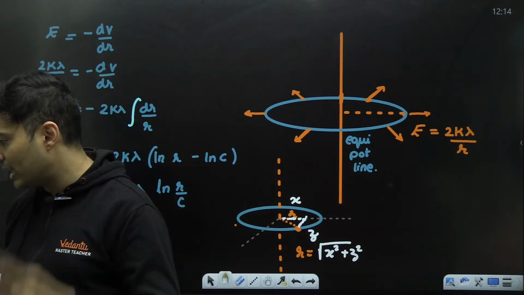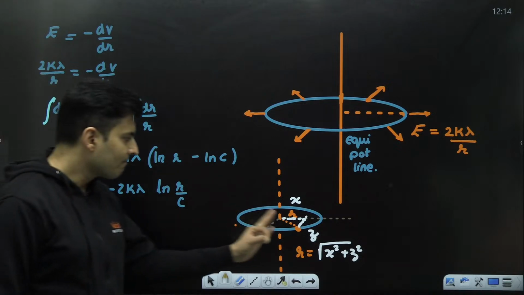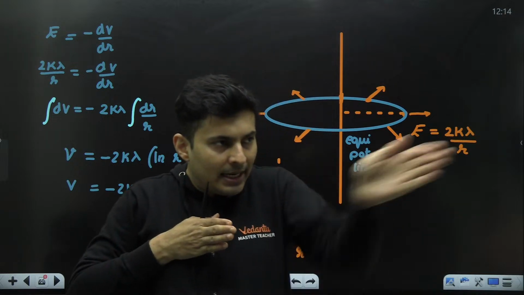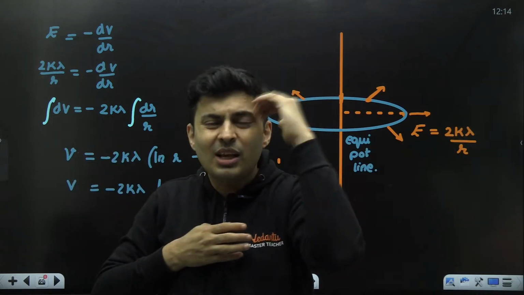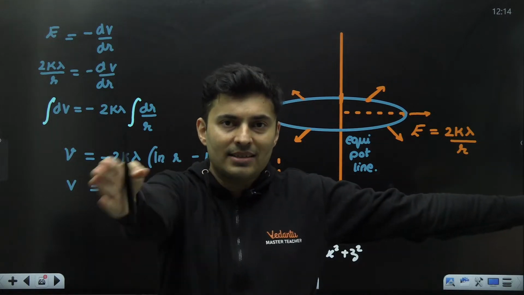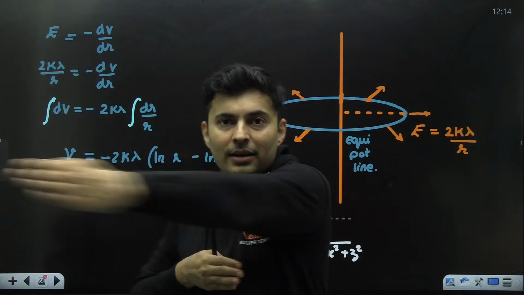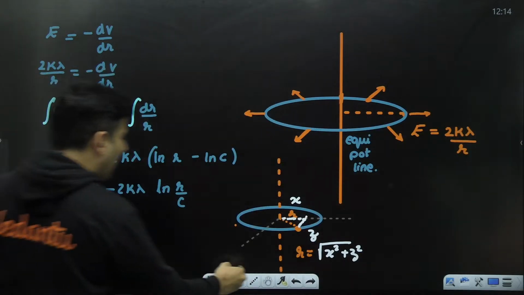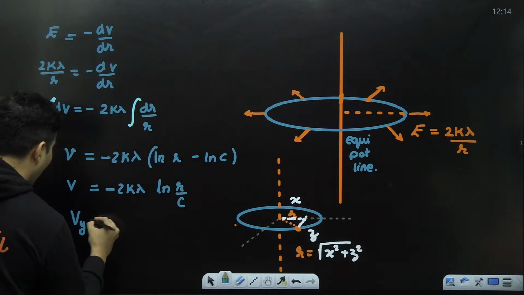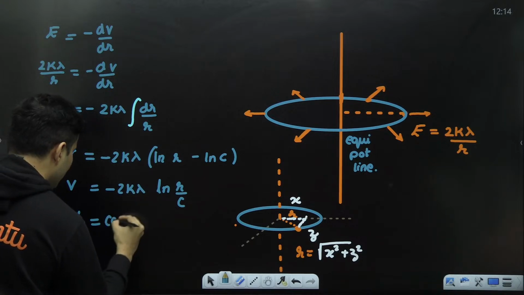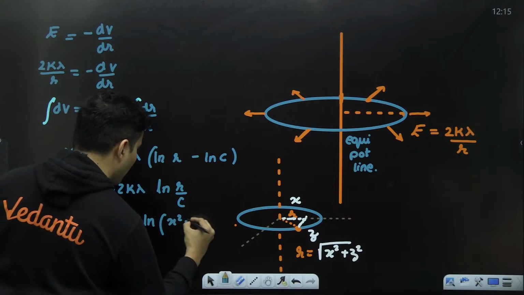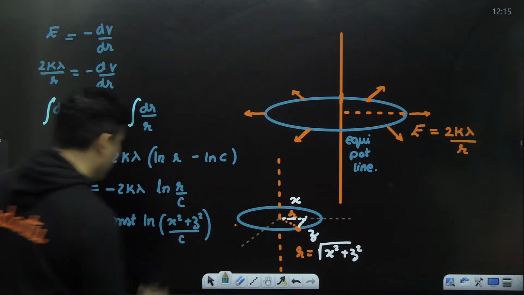How many of you are able to visualize this? Everyone? Yeah. So that equipotential line is in the horizontal plane. Any point on that circle, the equation of a circle, guys: one is the x-axis, one is the z-axis, so x square plus z square gives me r square. So the potential because of the wire in the y direction will be some constant, ln of x square plus z square, whole thing divided by a constant.